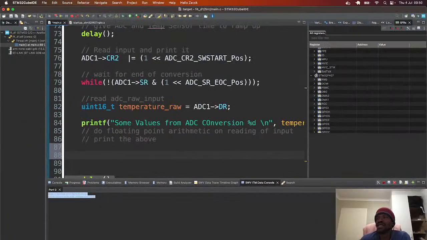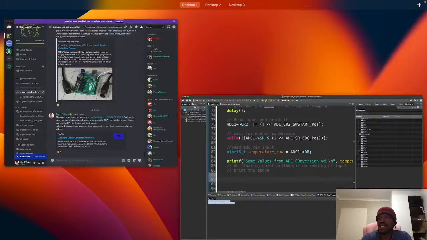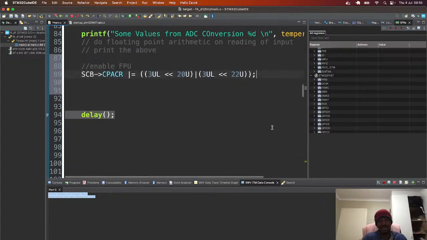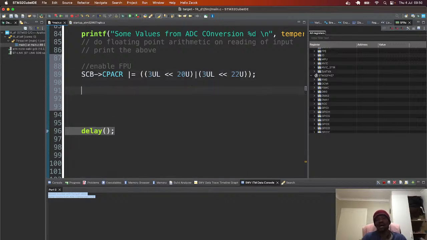CMSIS does give us these utilities. So let's enable the FPU. You can do this anywhere in code. It's quite interesting. Okay, cool. So enable the FPU: SCB, CPACR, we basically change to CP10 and CP11. Okay, so now we have floating point enabled, but this does not fix everything for us, because what happens now is